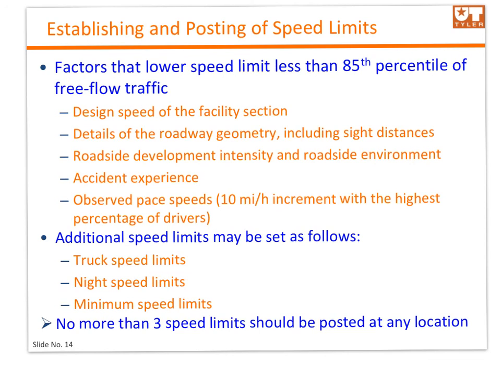Additional speed limits may also be set, and we need to post them as follows. If we have a truck speed limit, we have to post it. If we have a night speed limit, or a minimum speed limit, all of those have to be posted whenever needed. But the general rule of thumb here is that we cannot have more than 3 speed limits posted at any single location. So you cannot combine more than 3 speeds. With this, we finish this portion of the chapter